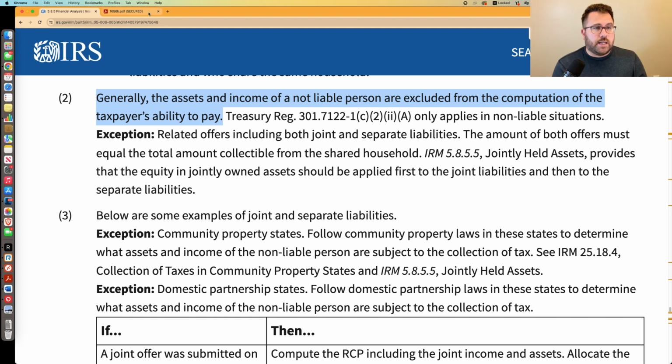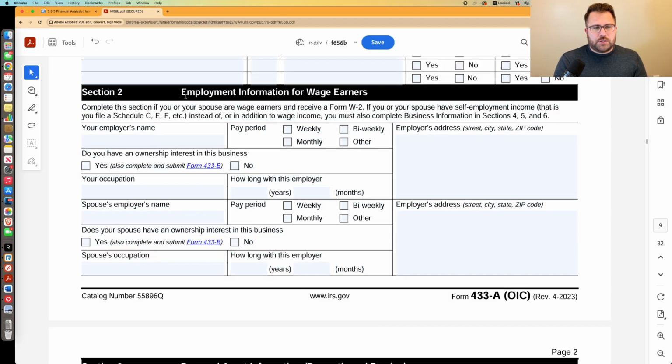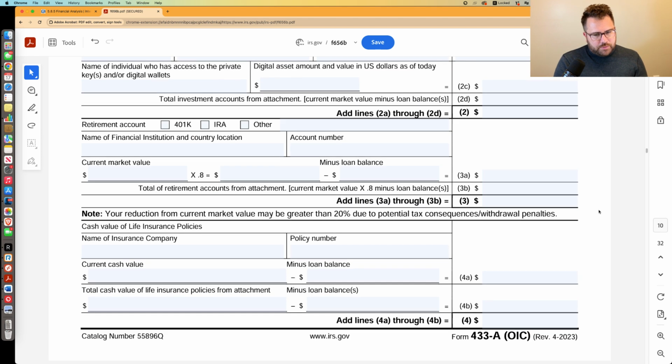That's our policy here at Choice Tax, because we've learned that we've got to be as aggressive as possible with this stuff, especially with OICs, since there's so much pushback. Even good offers are rejected and you have to take it to appeals. It's a long and daunting process. But what I'm doing, and it's our policy at Choice Tax Relief, is to not put the non-liable spouse's income here. However,